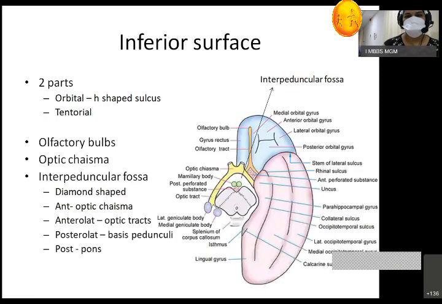Okay. The inferior surface. On the inferior surface, you have to understand the interpeduncular fossa, the mammillary body you can see, and the posterior perforated and anterior perforated substance you can see. You can see the optic chiasma, you'll have to explain the optic chiasma, and the olfactory tract, these are the medial and lateral olfactory striae, the gyrus rectus here, and this is the H-shaped sulcus, and this is the tentorial surface of the inferior surface. So I hope you understood today's topic.